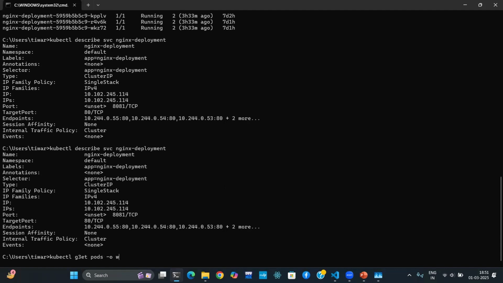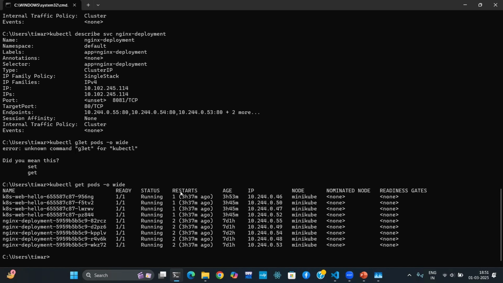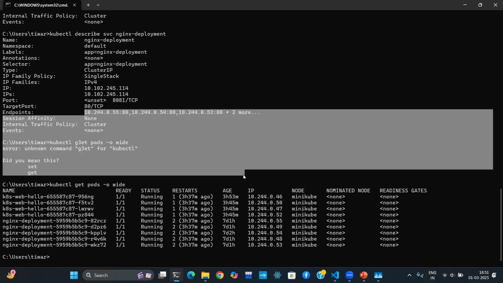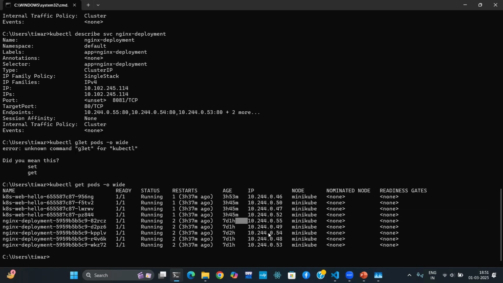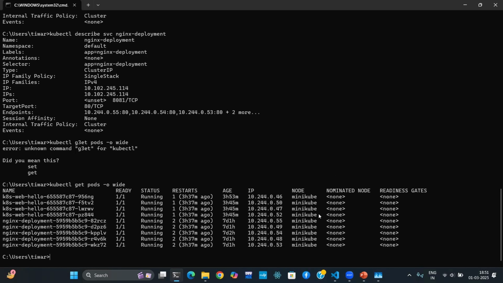Oh, void. I think something is wrong. So here are the IPs. You can clearly see 10.2.244.55, and this is the sequence it follows: 49, 54, sorry. This is the 54 one, this is a 53 one. Two more are also here, so we can clearly see the whole architecture, like I explained